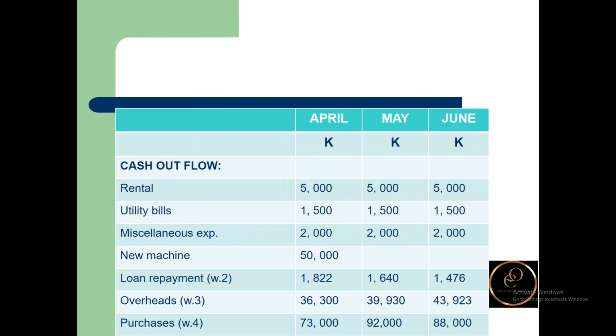Under the cash outflow, we have the rental, 5,000 in April, 5,000 in May, 5,000 in June. We have utility bills, 1,500 in April, 1,500 in May, 1,500 in June. Equally, miscellaneous expenses, 2,000 in April, 2,000 in May, 2,000 in June. The other one